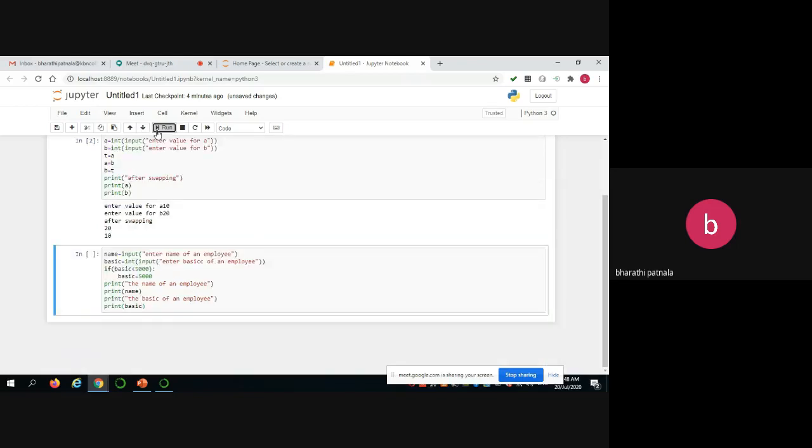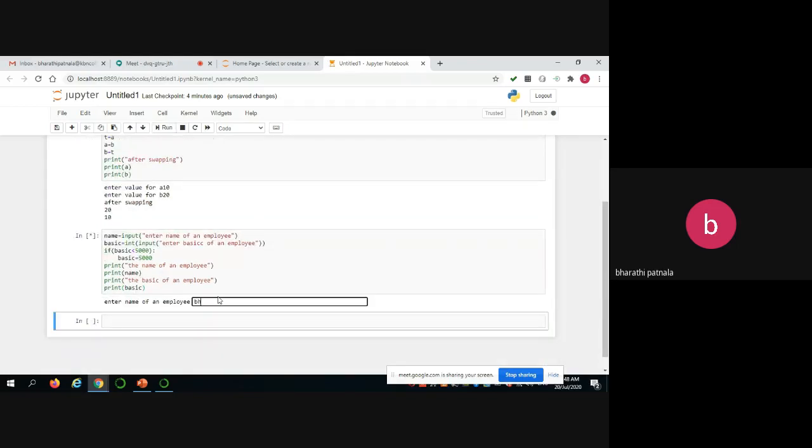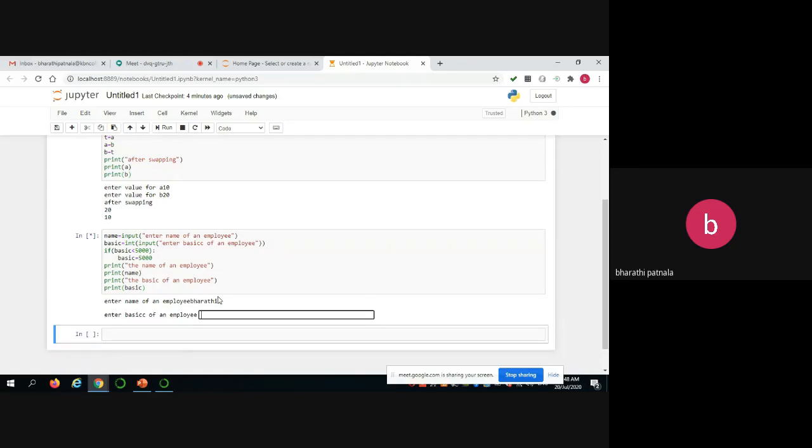Now execute this program. Enter the name of the employee, something like Bharti. Enter basic of an employee. For example, I am giving a basic of 50,000.